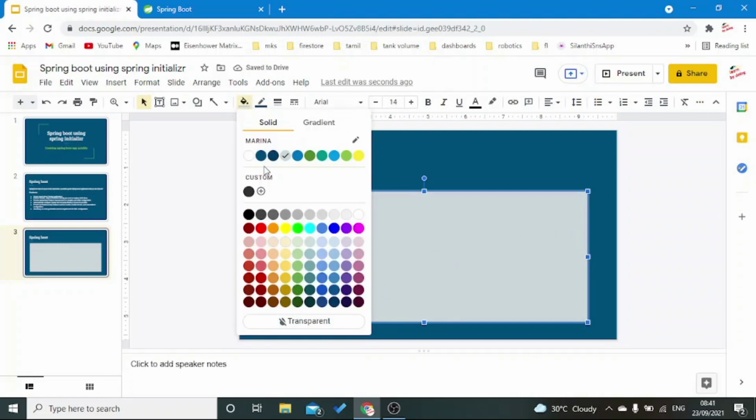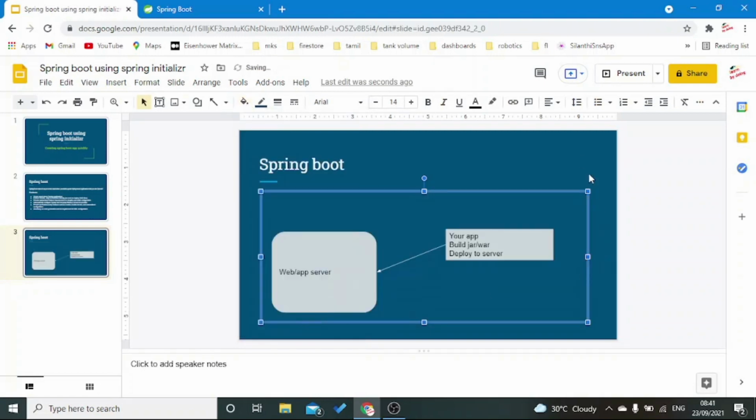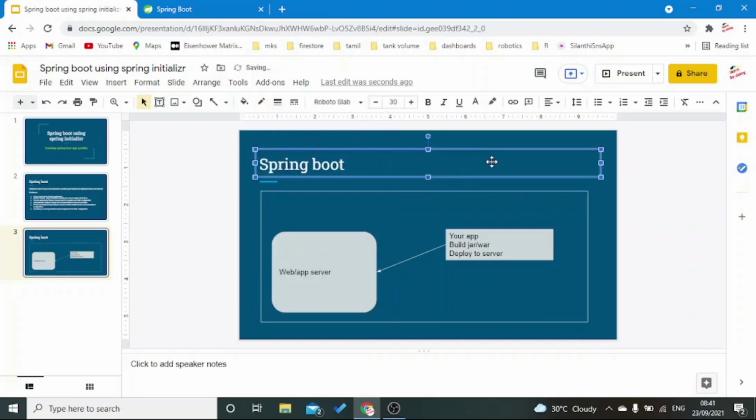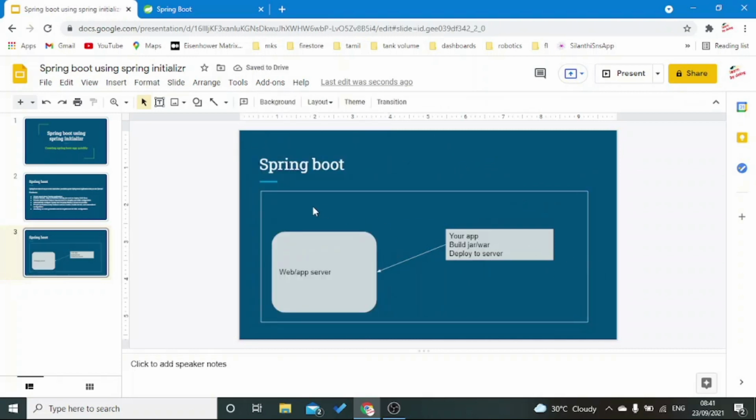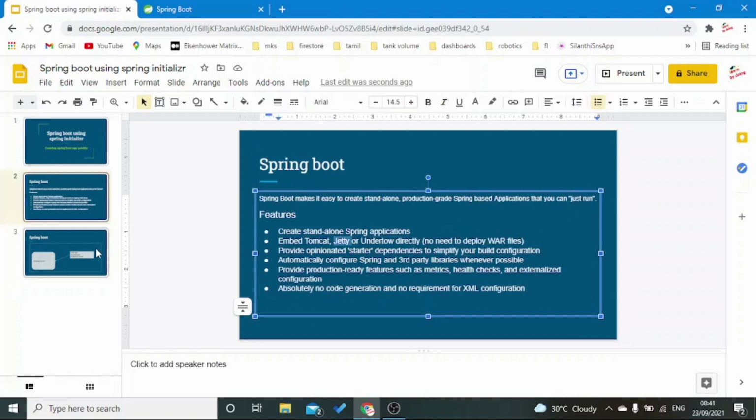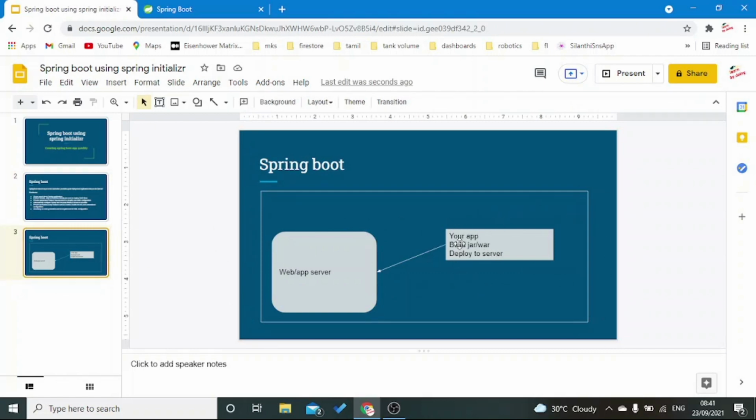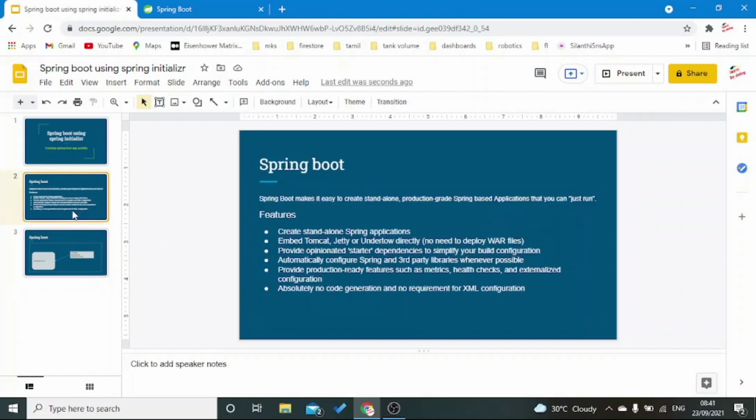So your web or application server as well as your code is merged together, and when you develop your code and start the application, it is a server already. There is no need of a separate application server or web server like Tomcat, JBoss, WebSphere, WebLogic. Your Spring Boot application itself is a server which has Tomcat embedded in it. So that is the difference.